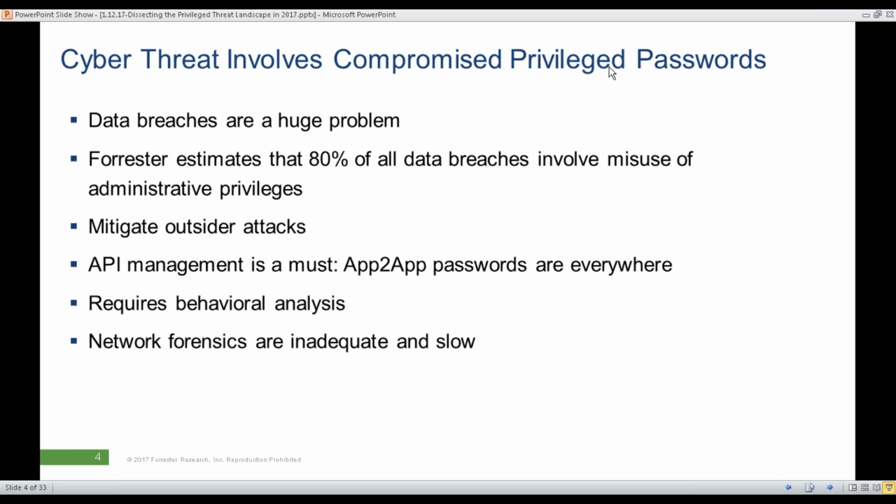Obviously, behavioral analytics is big. Anytime we see folks just focusing on rules-based policies for who can do what and what constitutes anomalies. So if we see this specific, for example, IP range, or if we see this machine talking to that machine, that is bad behavior, right? This is a good start, and in some tactical situations it definitely makes sense, but you cannot absolutely maintain a large set of rules over a long period of